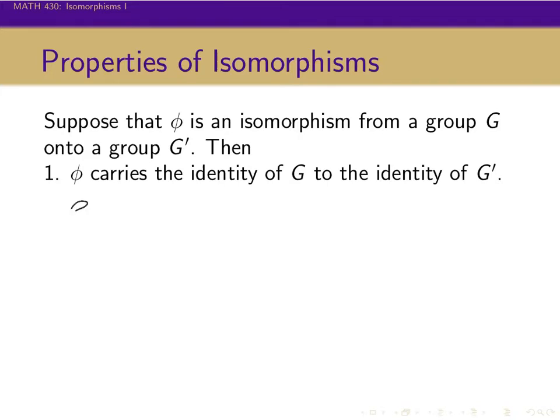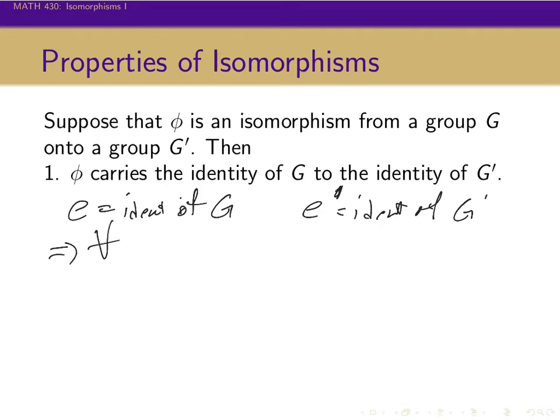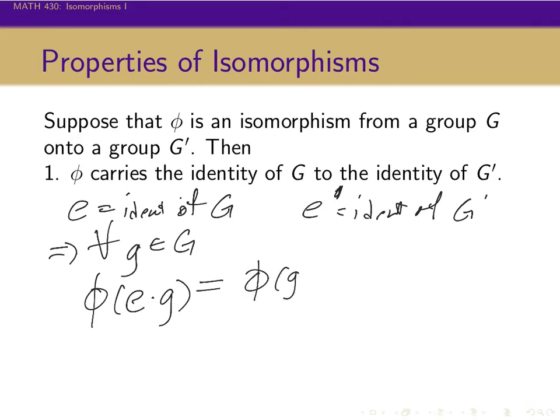So let's let e be the identity of G, and let's let e prime be the identity of G prime. Okay, so then for any g in G, we have phi of the identity times g. Well, on the one hand, this is just equal to phi of g, because the identity times g is just g. On the other hand, this is going to equal phi of the identity times phi of g,